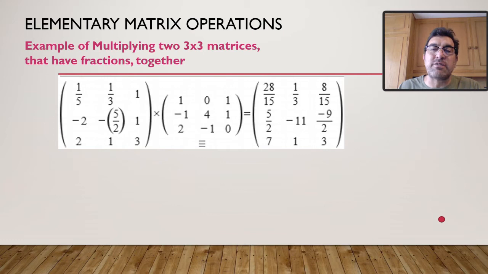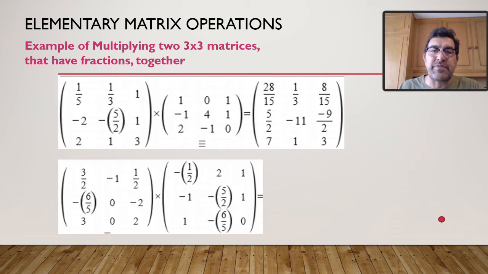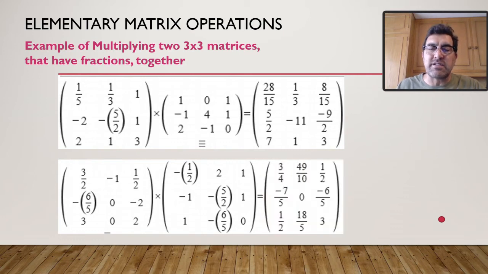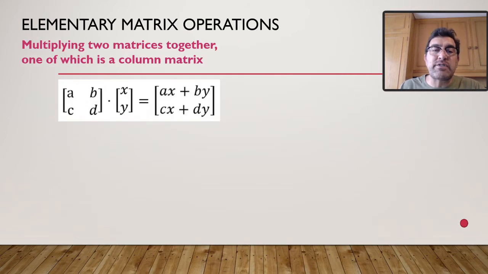Those fractions look, denominators 15, 3 and 2. It's all over the show. Last one for you to practice with is on the screen, so pause and come back. Okay, there's your result. It looks even worse than the previous one that we just had. Okay, so folks, you have to be fluent at multiplying